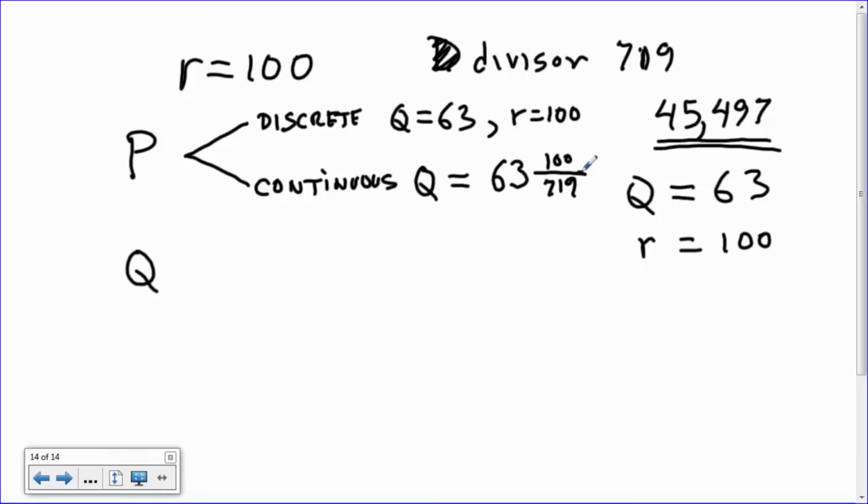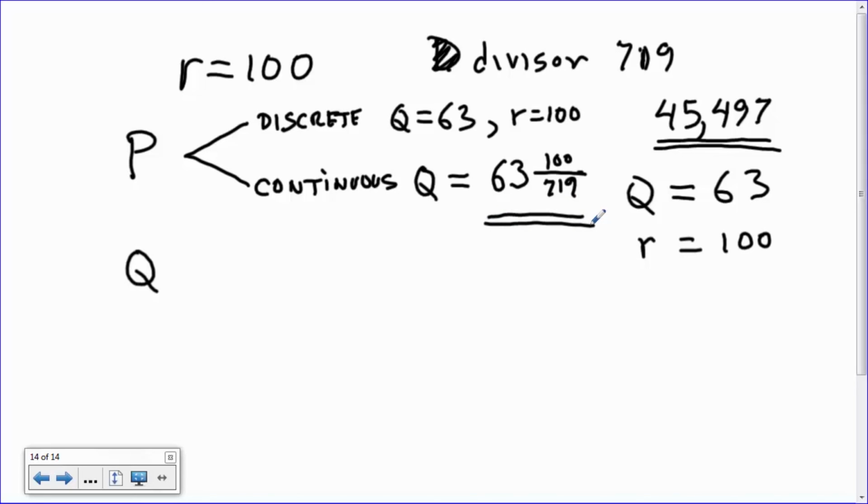So in a discrete setting for partitive division, you have 63 objects distributed to each of the 719 bins, and you have a remainder of 100 because they're discrete objects. You can't cut them up into smaller sizes that make sense. But if they're continuous, you can take the remaining portion of 100 and cut them into parts and distribute those across the 719 bins so that each of the 719 bins receives 63 and 100